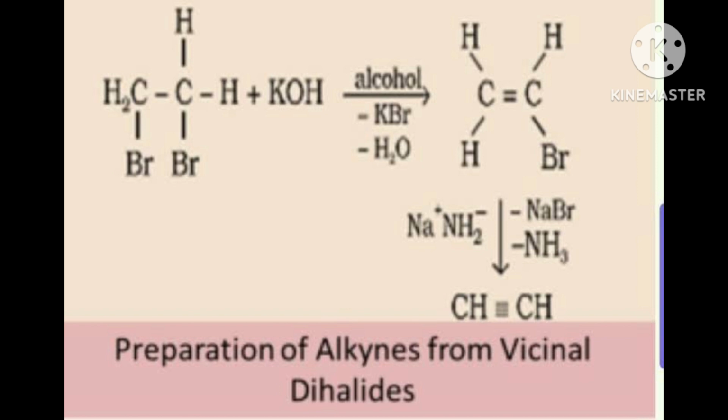It will form NaBr. But the main product is acetylene, because on each carbon only one hydrogen will remain. The double bond is converted to a triple bond, and it formed acetylene gas, CH triple bond CH. This is the important preparation of